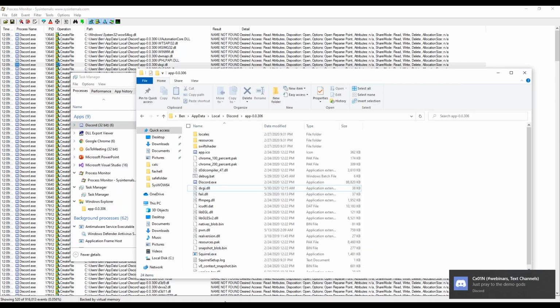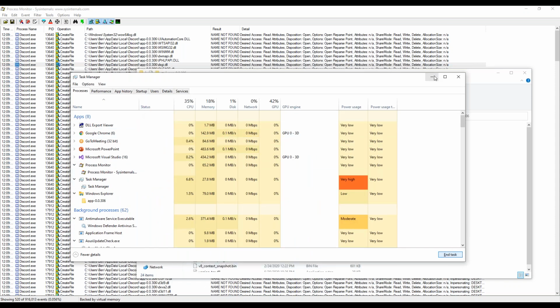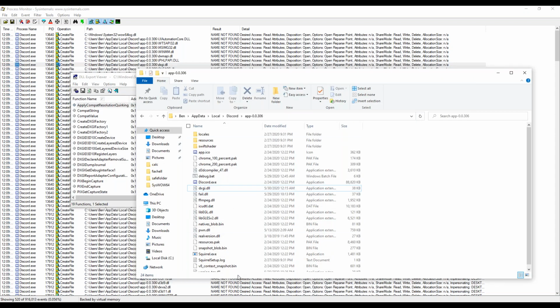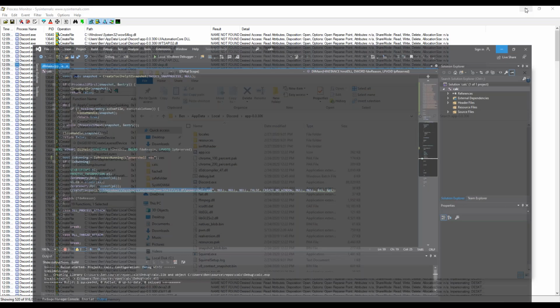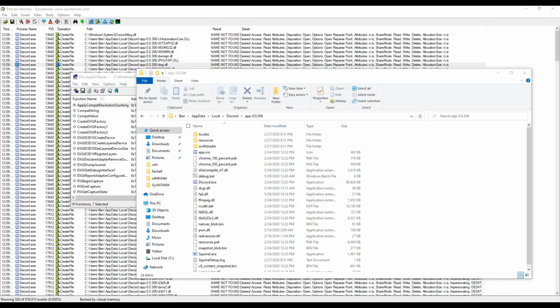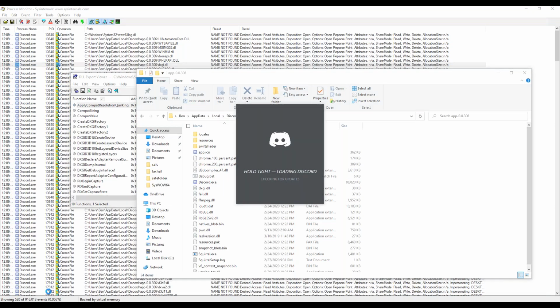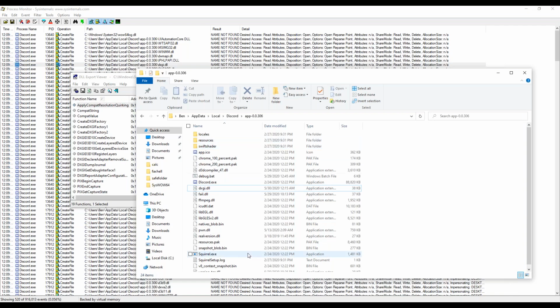So I'm going to go ahead and kill off Discord again. And then when we reload it, we will pray to the demo gods, or well, I'll show you what it does. Right now, all it does is kick off a PowerShell process underneath Discord. So when we load up Discord again, if the demo gods are with us, I tested this last night, it'll kick off. And when we go to Task Manager,